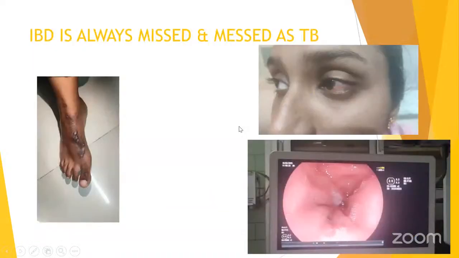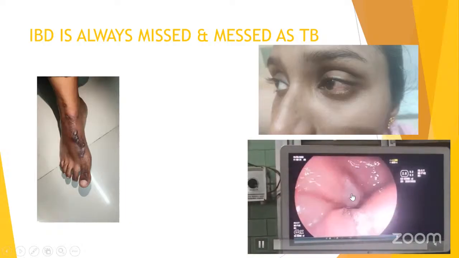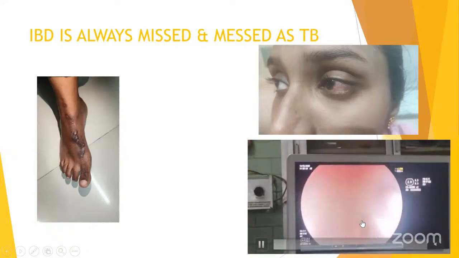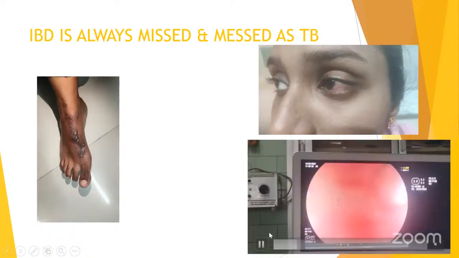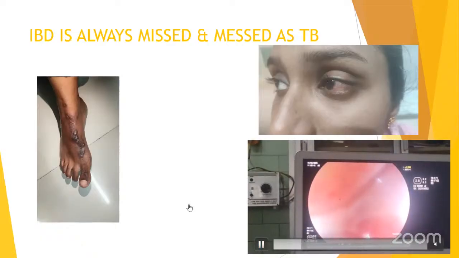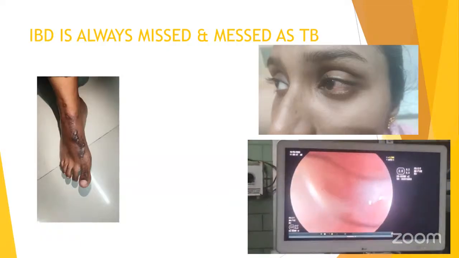And here is one patient who presented with gastric outlet obstruction as well as ileitis. She was treated elsewhere as tuberculosis, but the classical presentation is she had episcleritis, which is a nodular type, and on luminal examination there was ulceration. This is the upper GI lumen showing florid ulceration with gastric outlet obstruction. We started her on azathioprine as well as mesalamine and IV steroids. She symptomatically improved and she's on follow-up, now at the third month. Her main presentation was gastric outlet obstruction with diarrhea.